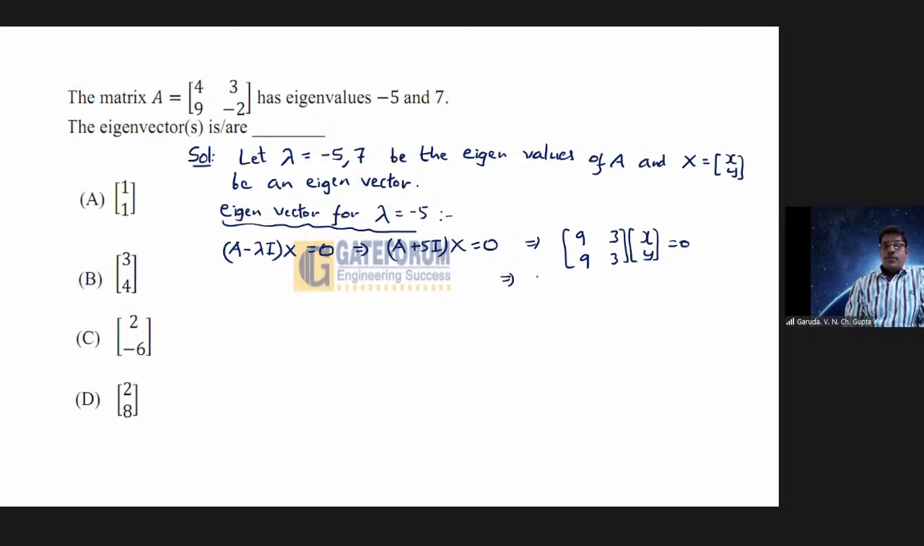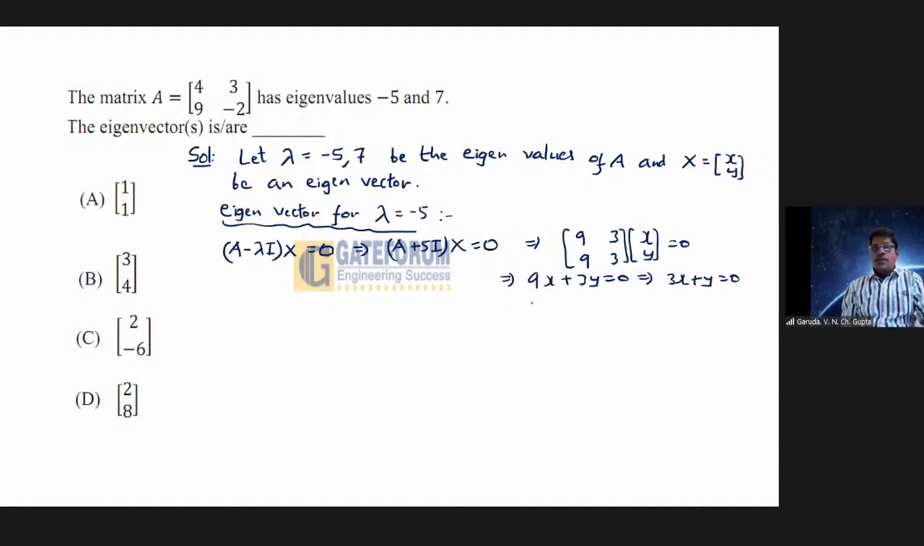From this, convert into equation 9x plus 3y is equal to 0. Simplifies to take 3 common, 3x plus y is equal to 0. When we have one equation, we have to find two unknowns x and y. So take one unknown, arbitrary value, any value, depending on the options. Take a value for x, find y, or take a value for y, find x, depending on the